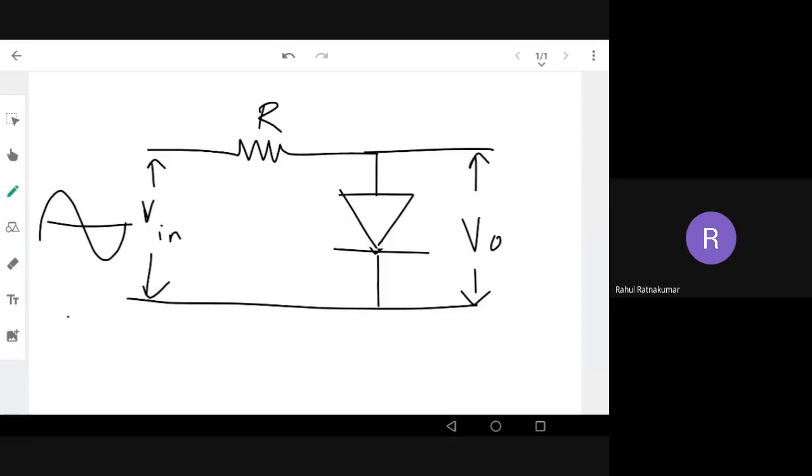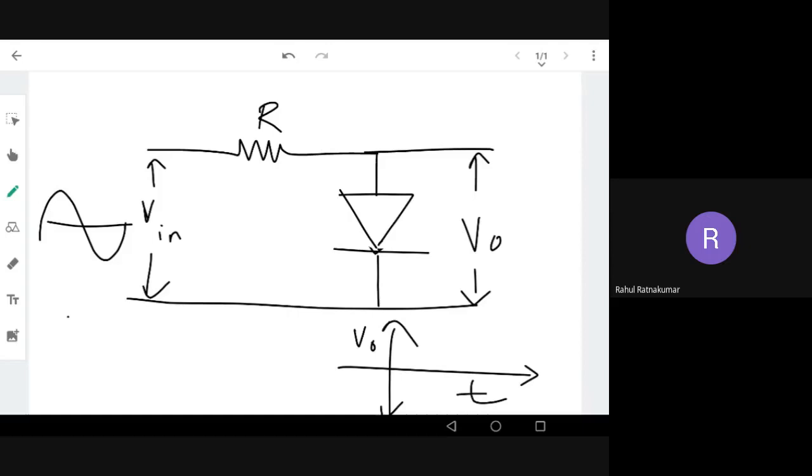So that is one thing. First, before that, you should know what the output waveform is. That is output voltage amplitude with respect to time. That is the waveform, right? This is the first thing. If you are able to understand this, you can draw everything from this on, right?